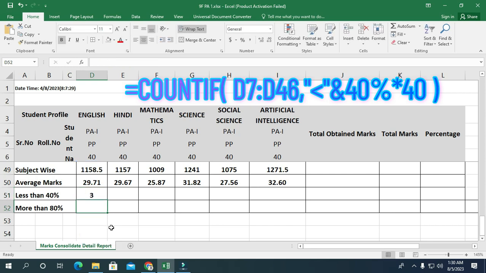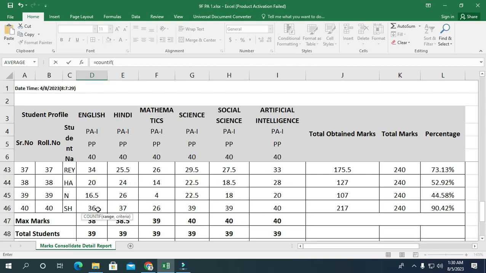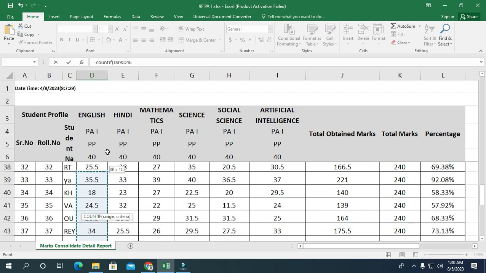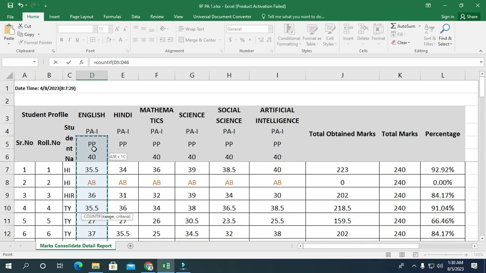Now I am pressing enter, so it is showing 3, and I will drag it like this. So it is showing all the students, total number of students, those who have got less than 40%. Now the same formula again I am going to apply here for getting more than 80%. COUNTIF, range is, select the column, this, and